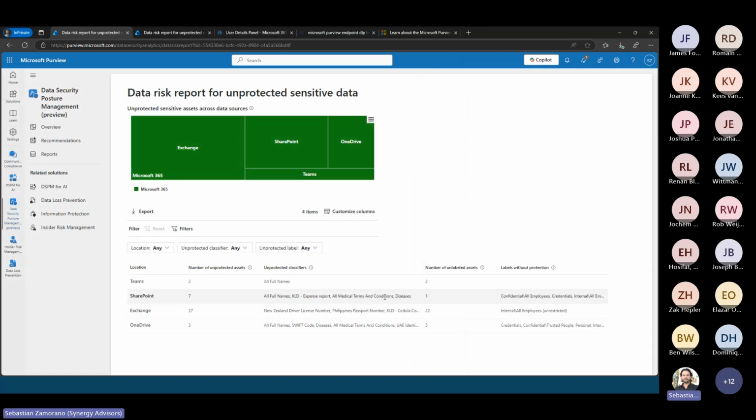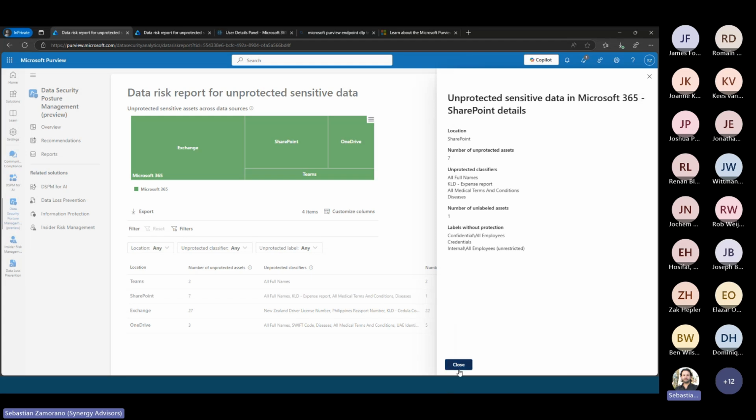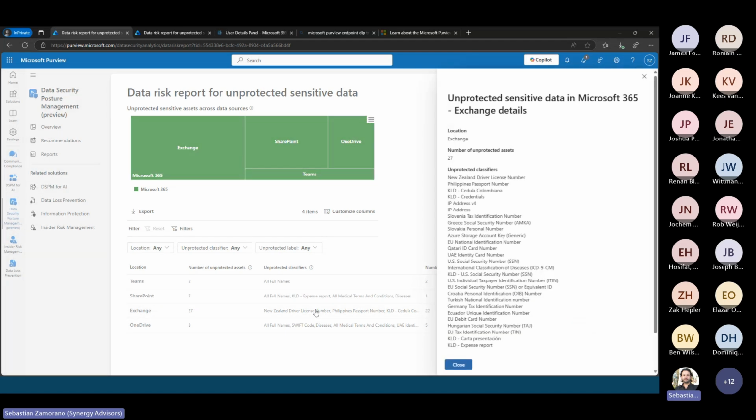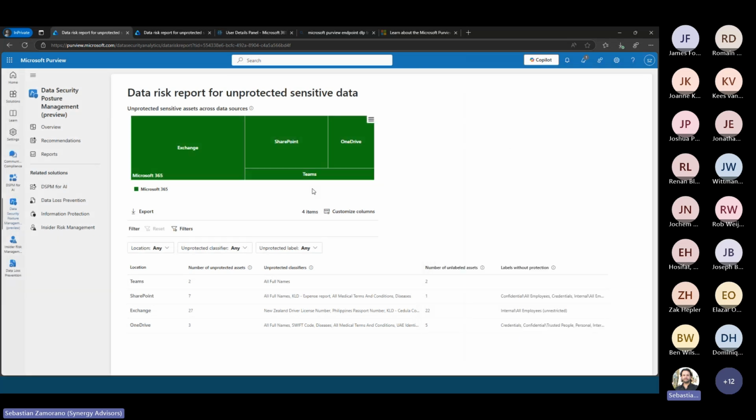You cannot go more in depth. You have only this side pane with general information. But if you need to view the report, you need to go to DLP, information compliance, communication compliance, any tool that has access to Activity Explorer to generate the same report. Unfortunately,